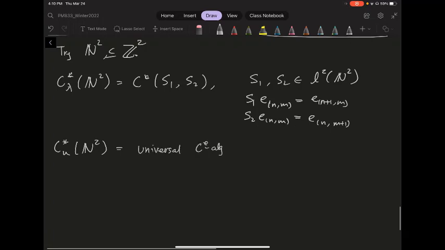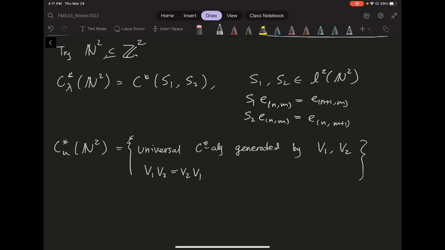C-star algebra generated by a representation, or isometric representation, of your N squared. So that's uniquely determined by its value on these two generators, basically (1,0) and (0,1). They have to commute because N squared is abelian. So I want to say v1 v2 is equal to v2 v1. So you take the universal one, and you can build a universal C-star algebra. Basically, you take their direct sum and form a C-star algebra like that, and you get a universal one,